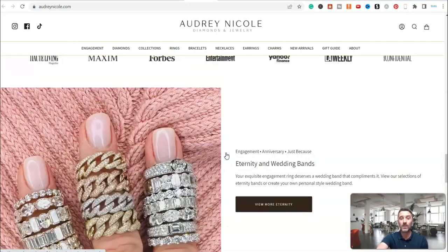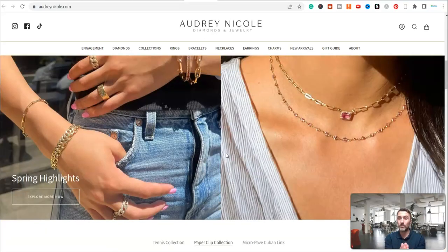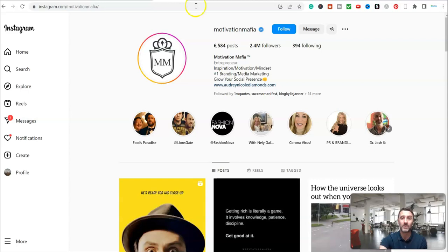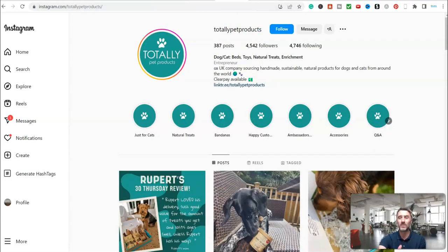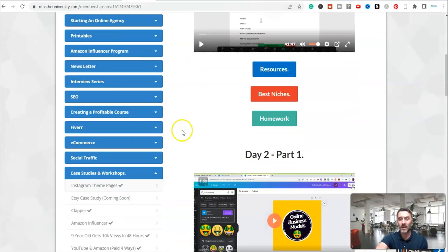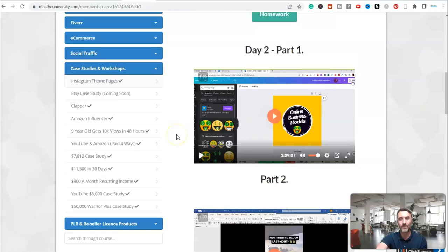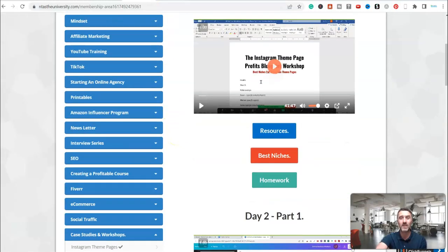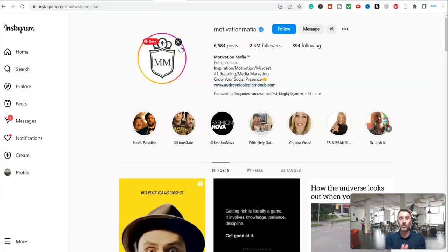But again, the whole method is all geared around the same concepts. Whether we are doing something like motivation, dogs, woodworking, horses, or cats, it doesn't really matter. The process is simple, and after going through this workshop myself and breaking it all down, it really is a simple process. So we'll start at step one.